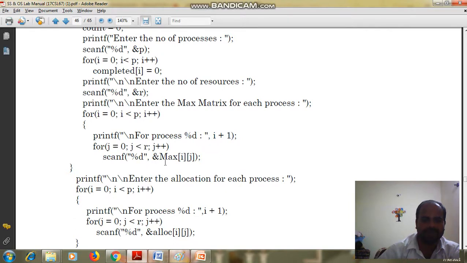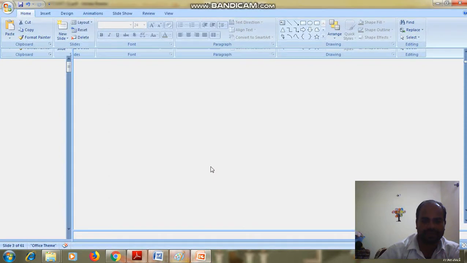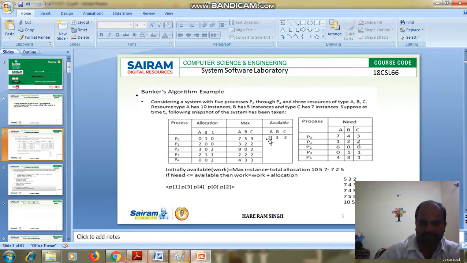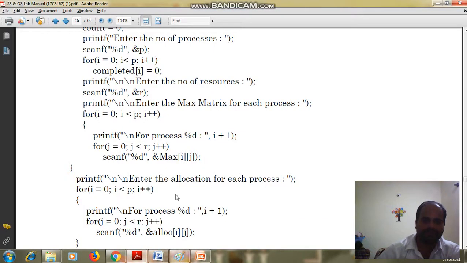So the maximum resources required for each process can be entered using these two for loops, that is max[i][j]. So we can get the maximum matrix, that is 7 5 3, 3 2 2, and so on. Each process's row we can get in this code.